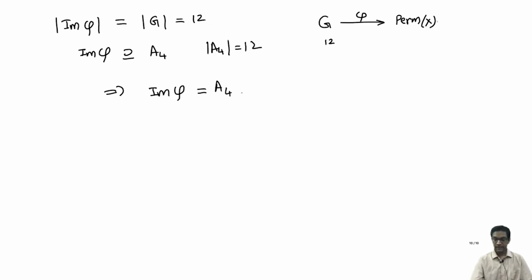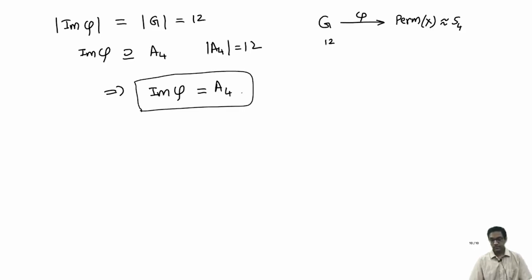Okay, so if you identify the permutations with S4 in any which way, what we have shown is that the image is exactly the subgroup A4. So that completes what we set out to prove: either H is normal, or if not, the group itself is isomorphic to the group A4. Along the way we have had occasion to use many different facts that we have learned until now about groups and actions and homomorphisms and so on.